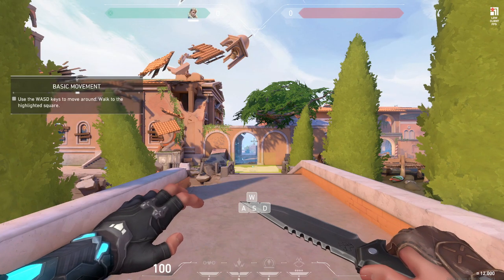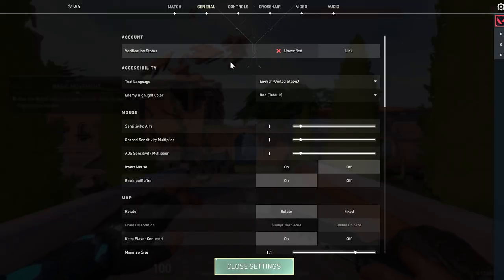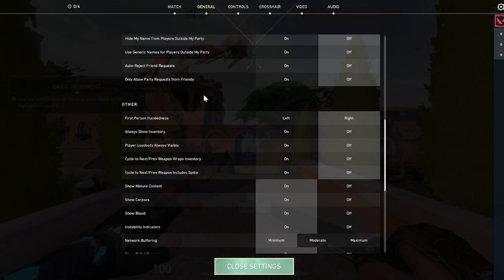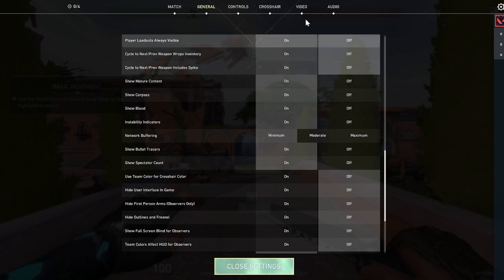Now once you're inside of Valorant, there's just a few settings that we need to change in here, so press the Escape key on your keyboard to bring up the settings menu, and we're going to head over to the General tab. And we're going to scroll all the way down here, and you should see this network buffering section, and you want to make sure this is changed to minimum,